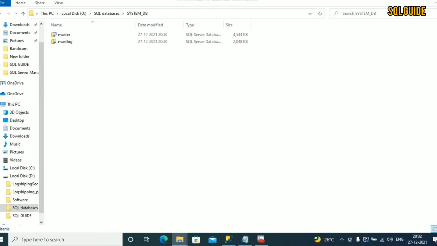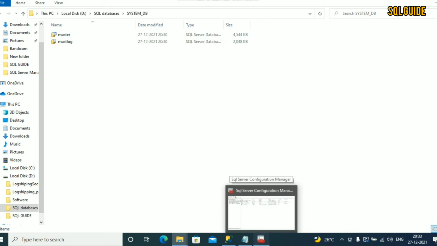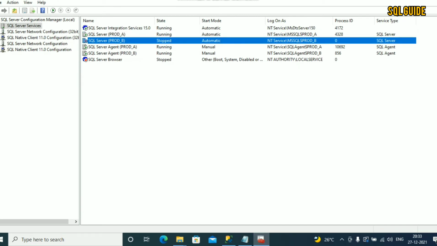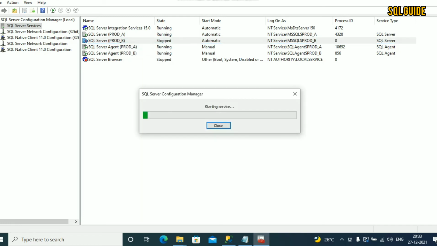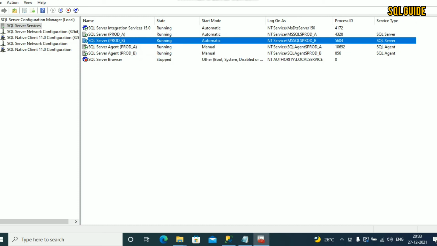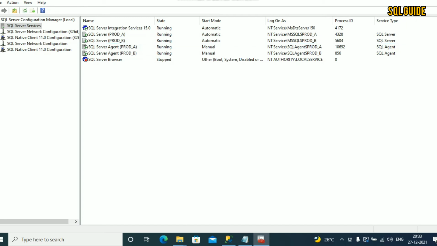After moving the file successfully, now the next step, go to SQL Server Configuration Manager and start the SQL services. You can see that the instance SQL Server Services prod underscore B successfully restarted.